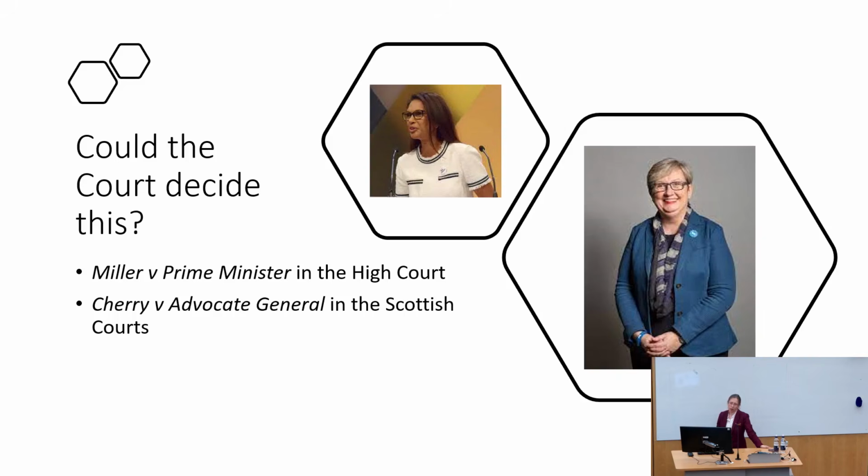So the Supreme Court has got to decide who's right. Was the English court right in the Gina Miller case that you can't review this prerogative power because it's too political? Or was the Scottish court right and you could control this prerogative power because you're not thinking about how it's exercised, you're thinking about what is its scope? We're thinking about, are there legal limits? Or is this just controlled by politics? And that's why it's telling us something interesting about how the UK Constitution works.